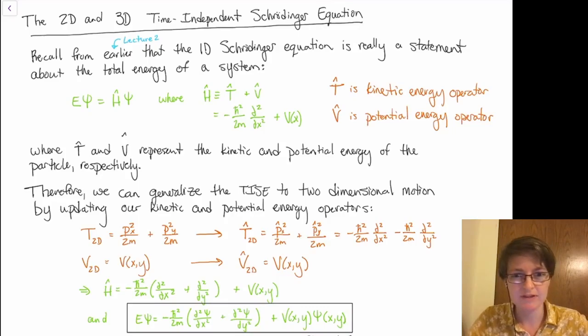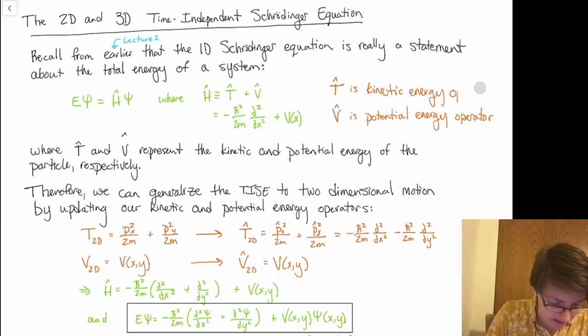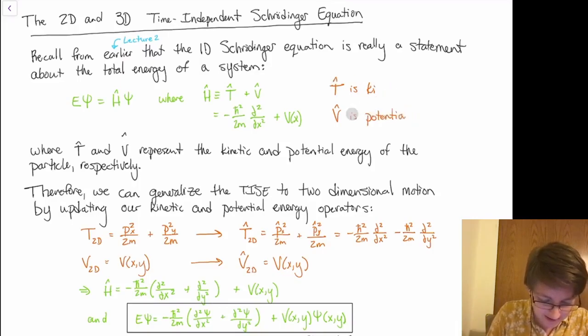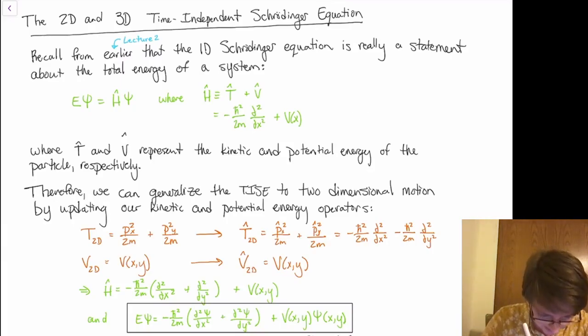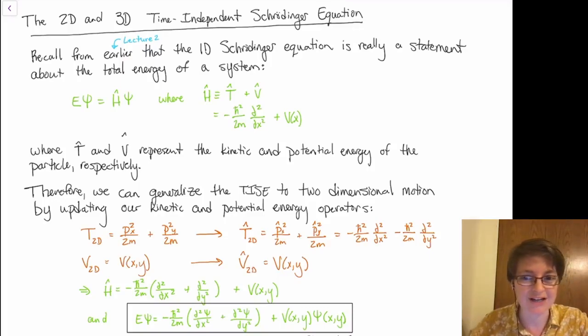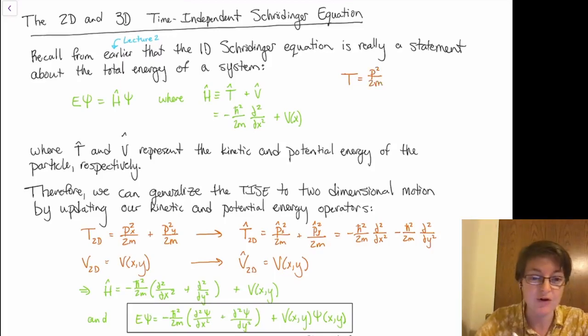And even more specifically, we were able to give explicit expressions for T hat and V hat. And the way that we did that back in lecture 2 is that we took our basic operators, which we had an operator for x, an operator for p, an operator for T, and an operator for E, and for our kinetic energy, we said that since T, according to classical mechanics, is 1/2 mv squared, or p squared over 2m,